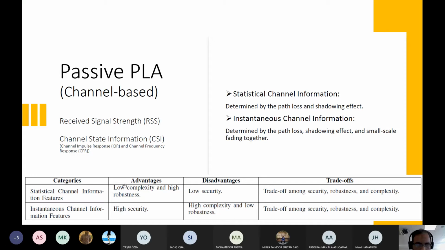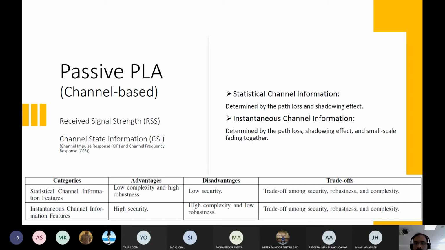This table briefly explains it. From the perspective of complexity, when you just use the statistical channel, path loss and shadowing, it is low complexity, highly robust, but not so secure. Similarly, the instantaneous channel is more complex but highly secure.